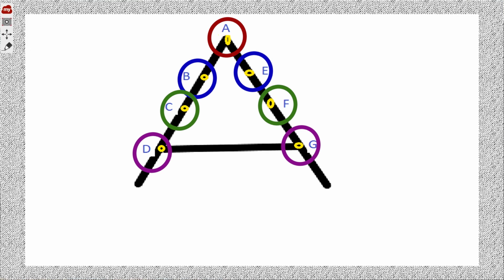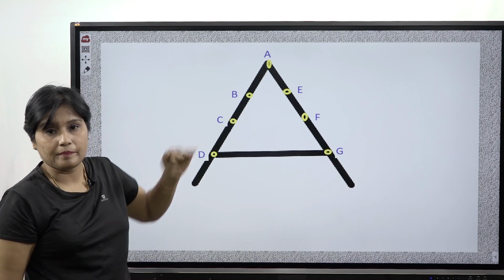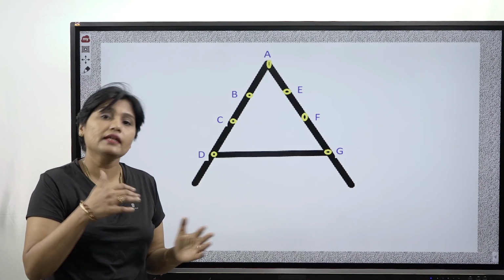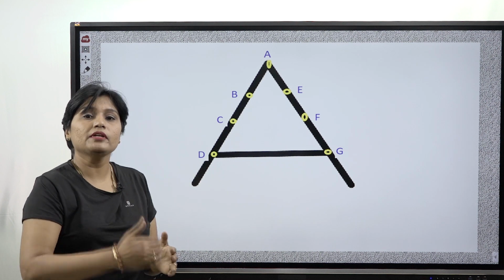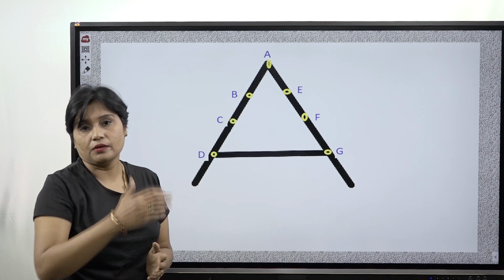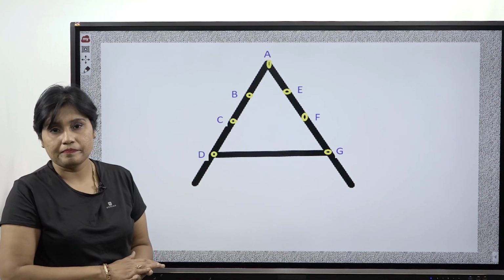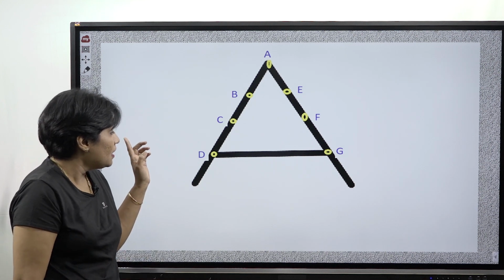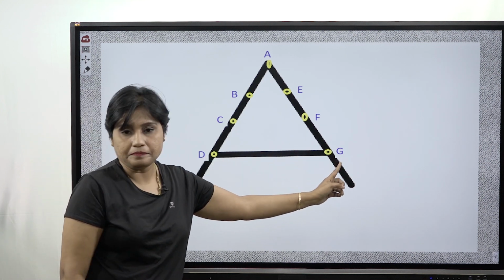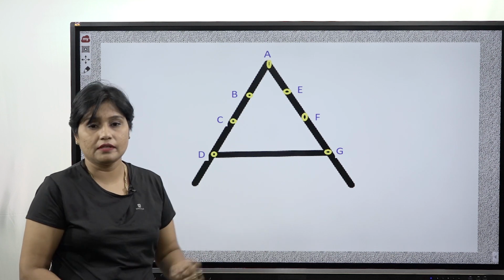If we take this as an example, suppose C has to communicate with A. C cannot communicate directly with A. C has to communicate with B and B has to communicate with A. So, this is the hierarchy. Now, assume D has to communicate with G. That's why the line is given here.